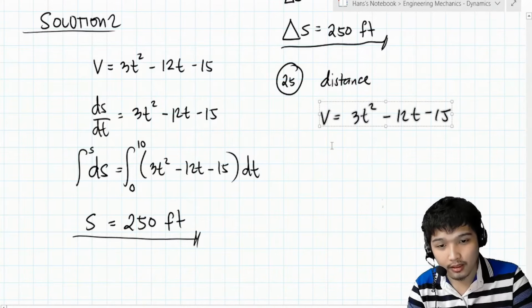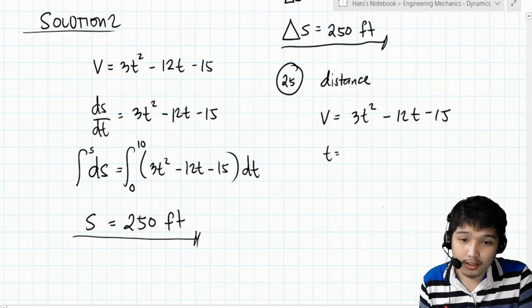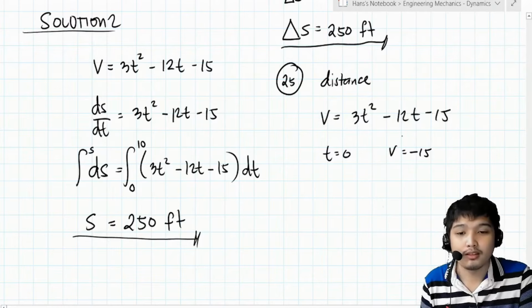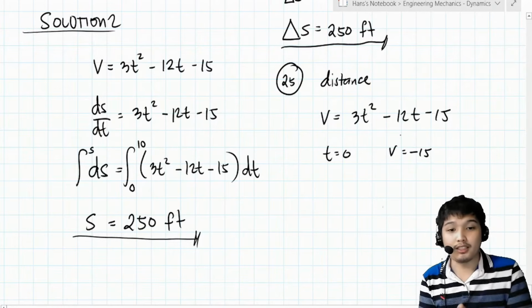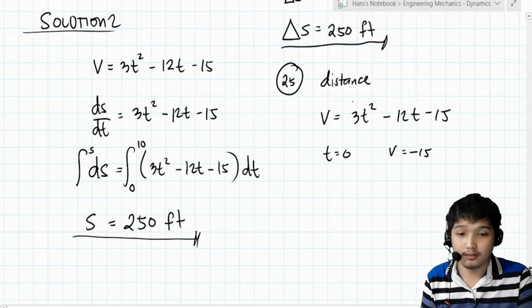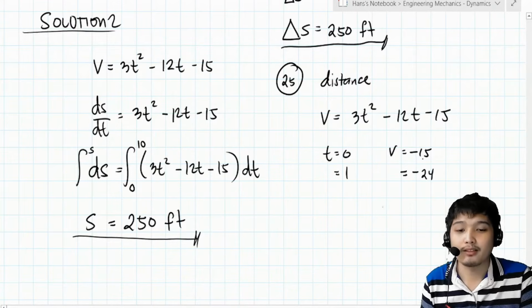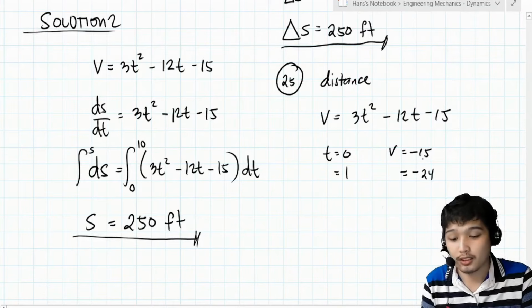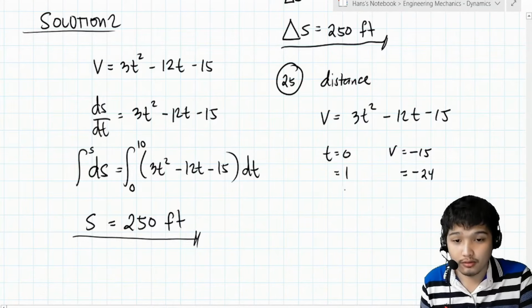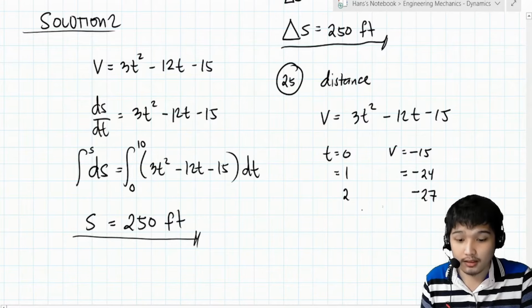So, initial velocity, lagyan nga natin, no? So, at t is equal to 0, velocity is negative 15. So, umaatras siya initially, no? So, next, at t is equal to 1, velocity is negative 24. So, okay lang. Negative pa rin. No, backward pa rin yung motion niya. So, at 2, negative 27. At 3,